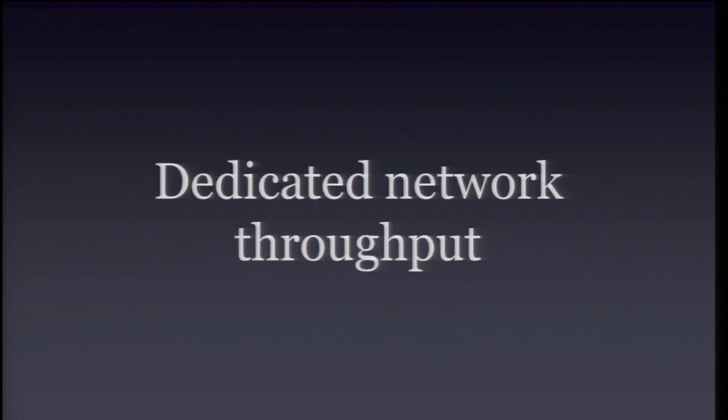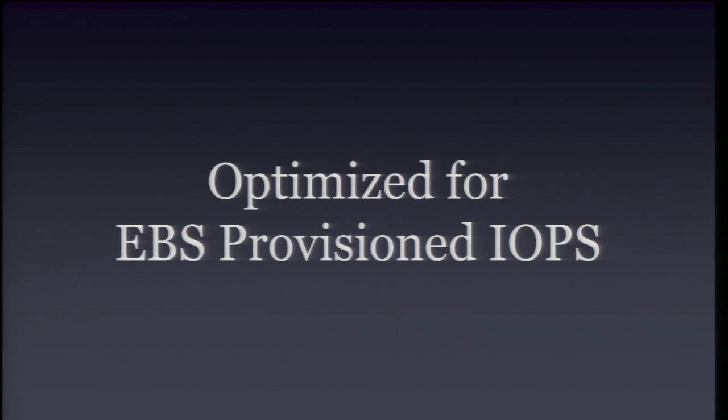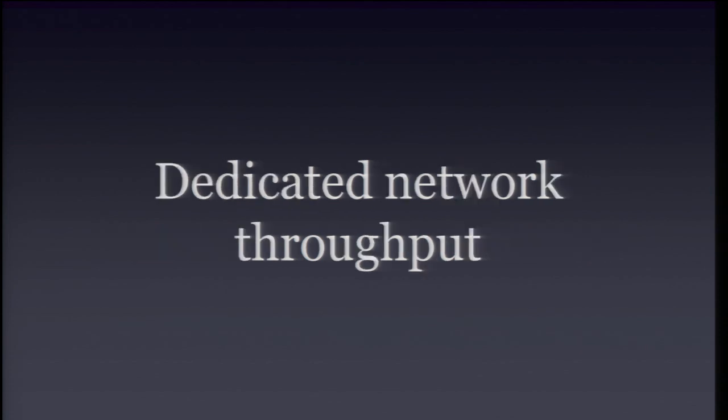For those of you who don't know what an EBS-provisioned IOPS volume is, I don't remember if I have slides on that. It's an EBS volume type where you can tell it upfront how much I/O you want from that volume. So today we support up to 2,000 IOPS from a single volume. So you provision that volume and say you want 2,000 IOPS, and we try and deliver that 2,000 IOPS to you. That's on the server side. If you want consistent client-side performance, remember, the network interface on EC2 is shared between a whole bunch of things. This option allows you to essentially get dedicated network throughput to EBS, so it gives you much more consistent performance.